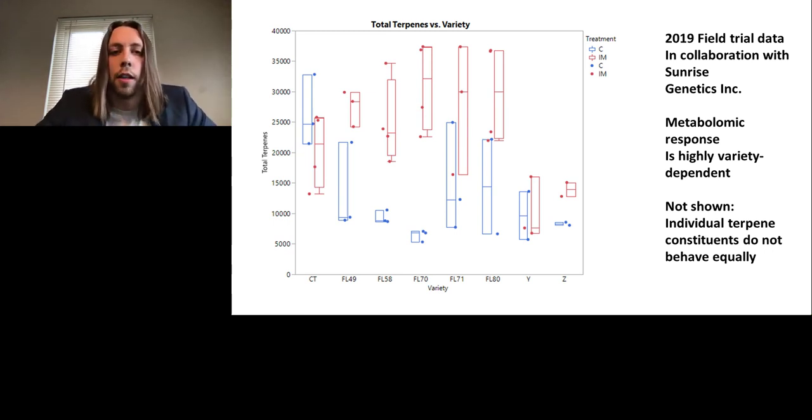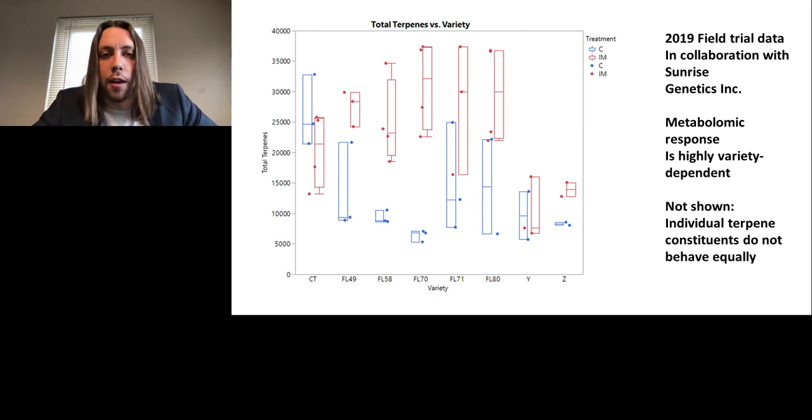And you can see more or less, as denoted by the red, the treatment plants responded pretty similarly among all the First Light varieties to the biochemical treatment that we applied, whereas some non-First Light varieties that are genetically different responded quite a bit differently. And what I can't show but will tell you is that if you break down, this is a graph